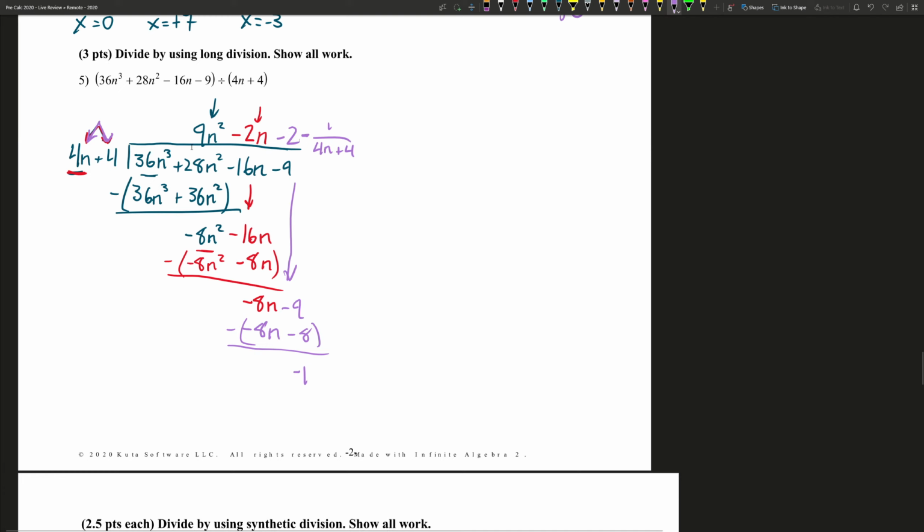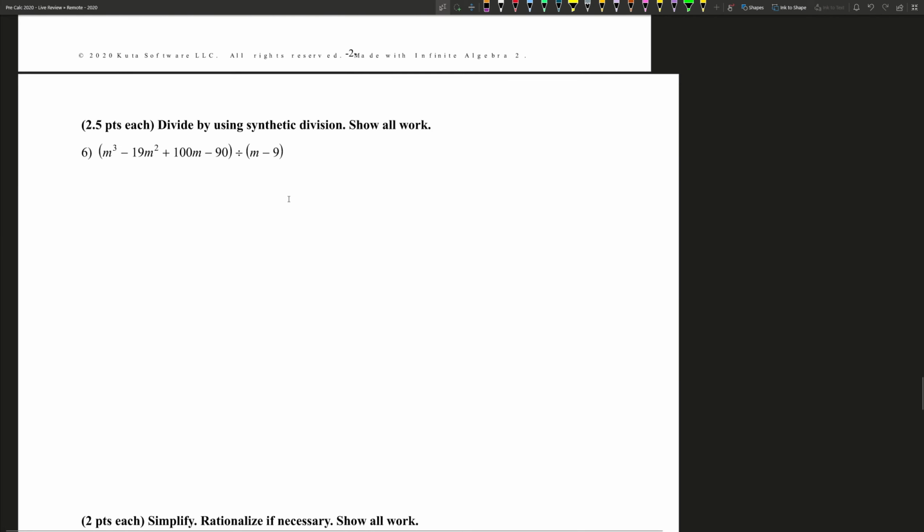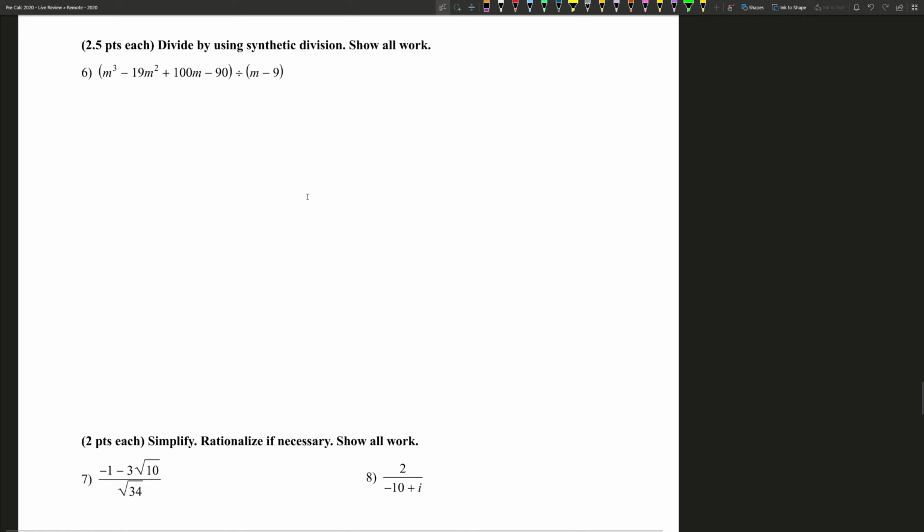All right, so that's number 5. Number 6 is kind of in the similar topic. We're doing the same thing, but we're going to use synthetic division. In order to start this, we take m minus 9, this guy right here, set it equal to 0. We get 9, right? And then we set up our box. So we put 9 on the outside,